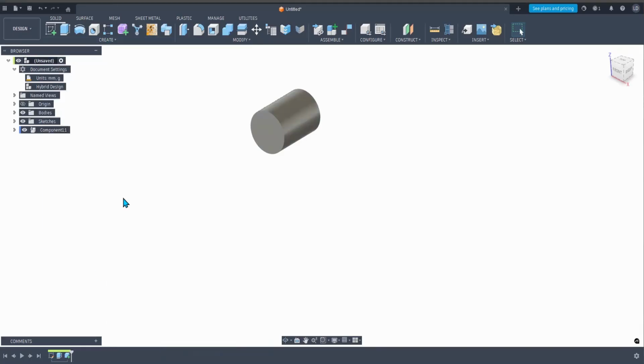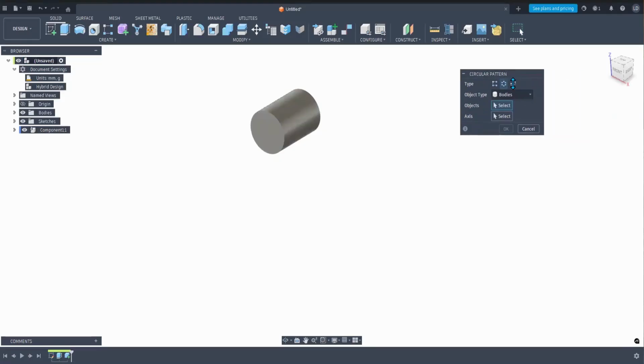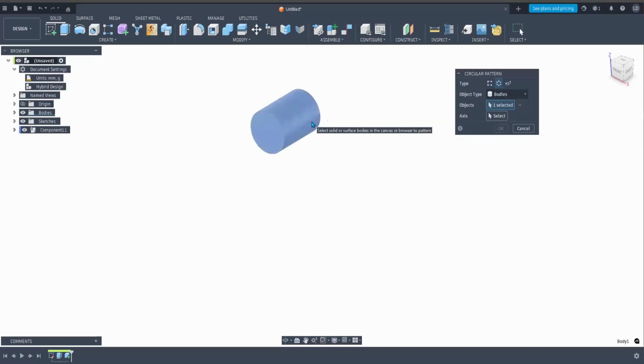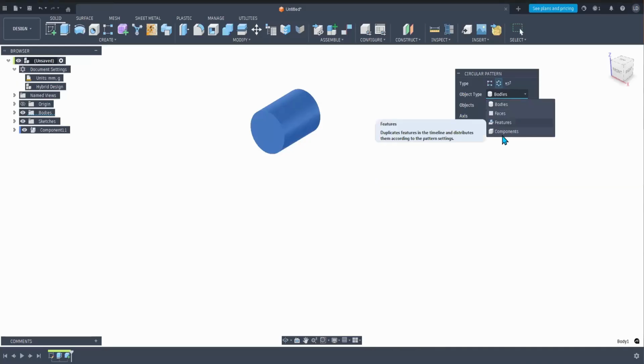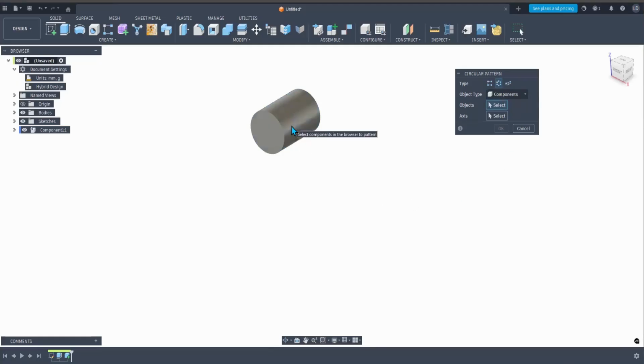Pattern, and we'll stick with our circular pattern. If you choose a body, what you'll end up doing is choosing the body that's within that component, not the component. I'm not going to do it, you'll have to take my word for it. But if we leave that up as bodies and click on it and do a pattern, it will be the same as what we did earlier with the bodies, that you can't edit one and have it flow over to the others. So we choose the component, select the component,